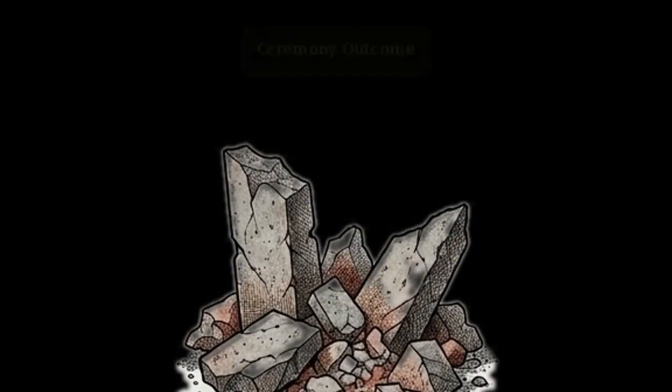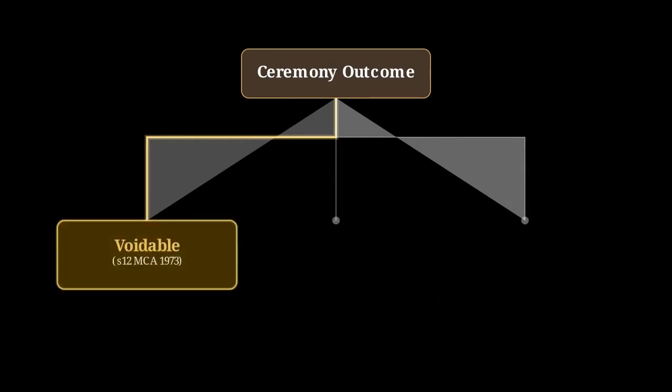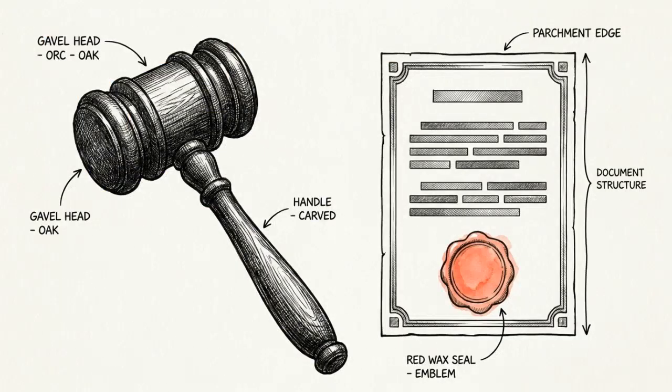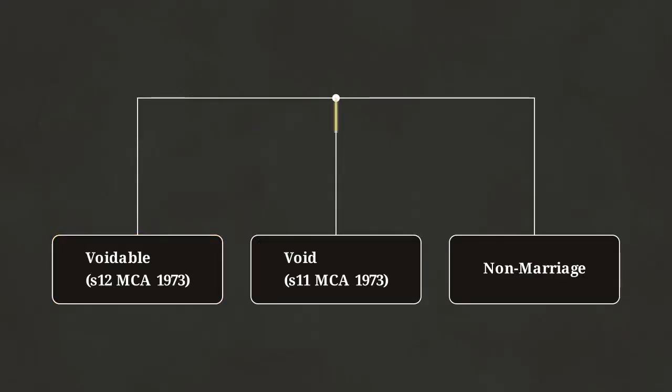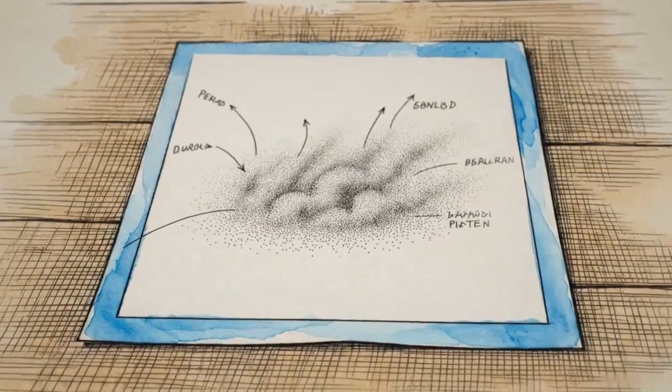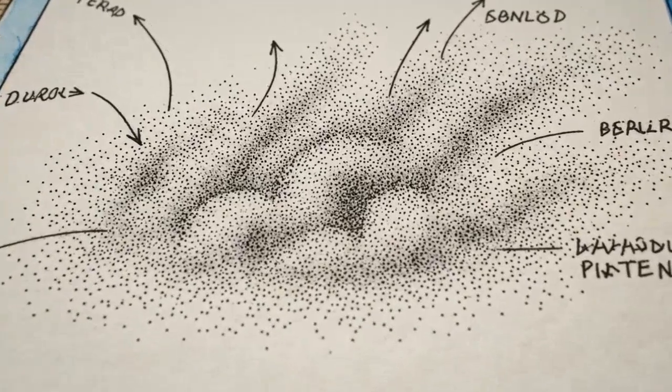Watch what happens to our structural model when one of these foundational requirements is critically compromised. The legal outcomes diverge sharply. The first outcome is a voidable marriage, governed by Section 12 of the Matrimonial Causes Act. A voidable marriage is entirely valid until a court formally annuls it. This action occurs due to specific post-ceremony discoveries, such as non-consummation or lack of valid consent. The second, far more severe outcome is a void marriage, governed by Section 11. A void marriage is an absolute legal fiction. From the perspective of the state, the marriage never existed.